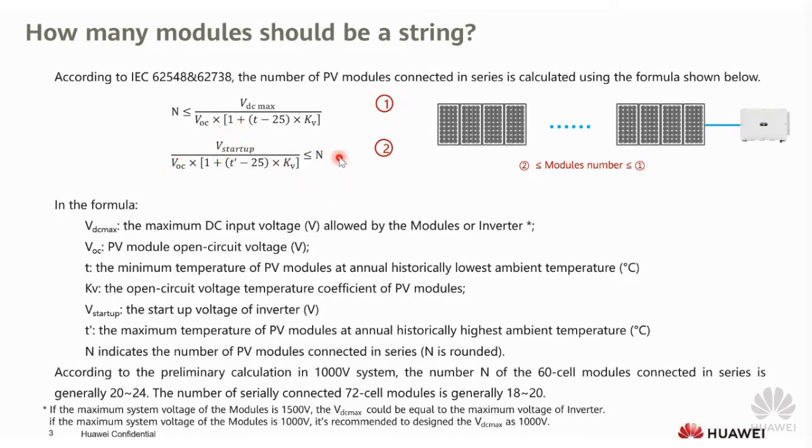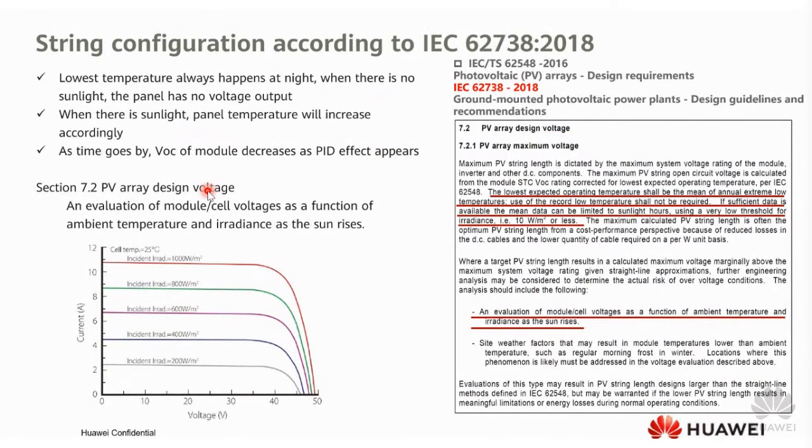The next one is how you calculate the minimum number, which depends on the startup voltage. Usually this value will be the startup voltage, and the open circuit voltage will be the lowest during the summer. It was also mentioned that the previous standard was a basic design concept based on the IEC 62548 standard, but there is a new one with new design guidelines, the IEC 62738, which says you don't have to take into account the lowest temperature ever recorded, but more like an average or mean data. And you should also evaluate the cell temperature and the open circuit voltage for different irradiances,